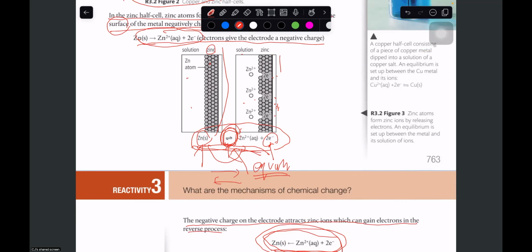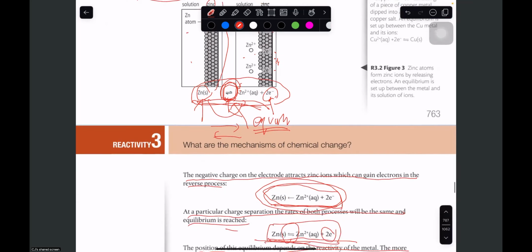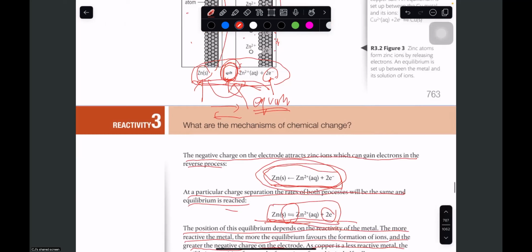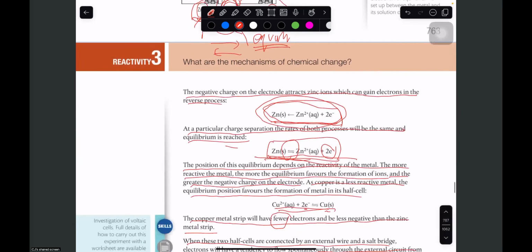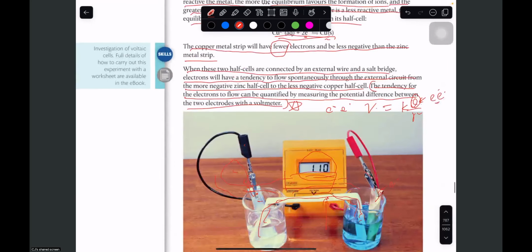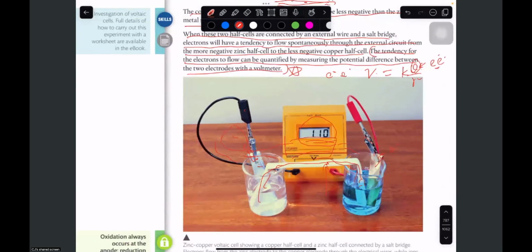They stay stable. This is the half equation of the half cell. And if we connect these two half cells with the wire and the salt bridge, then we build the voltaic cell, and